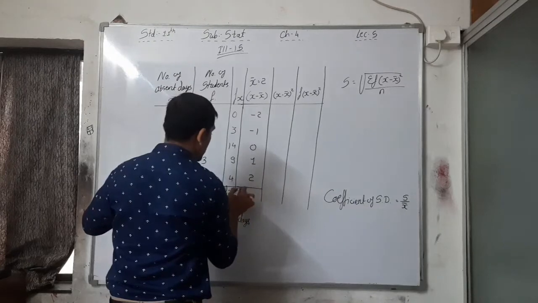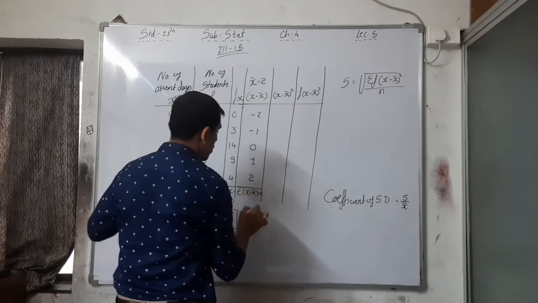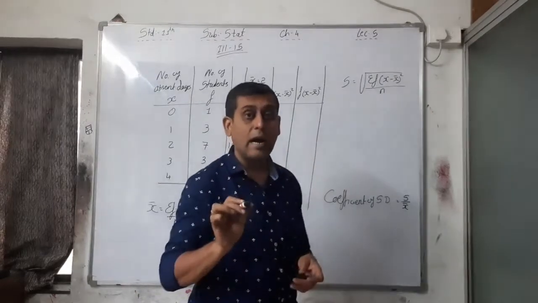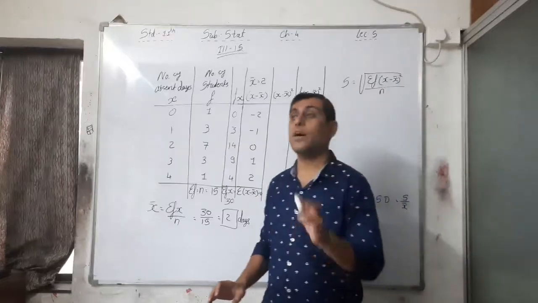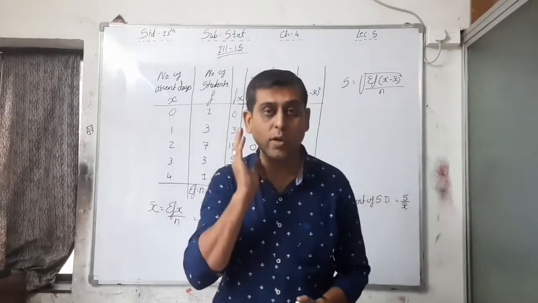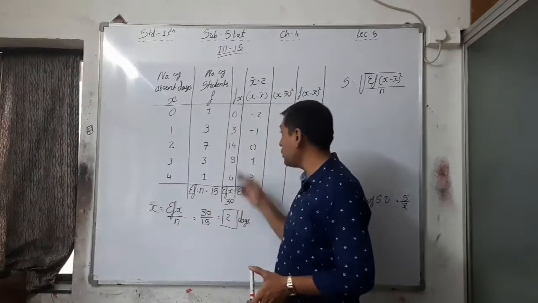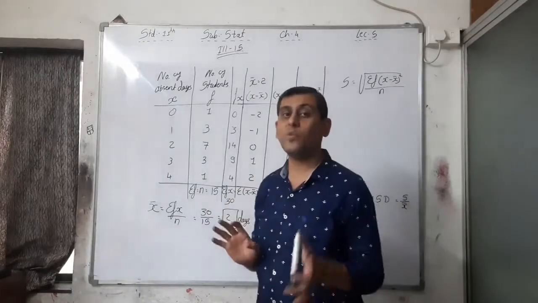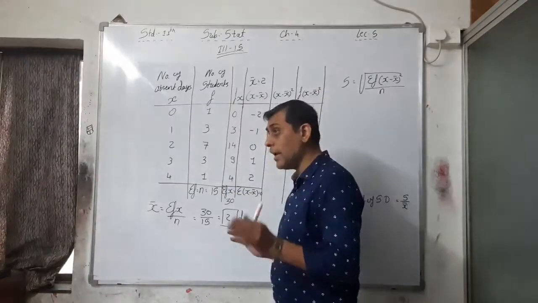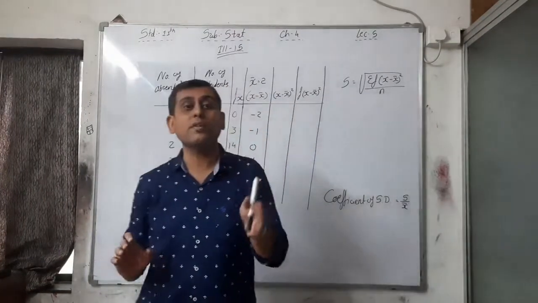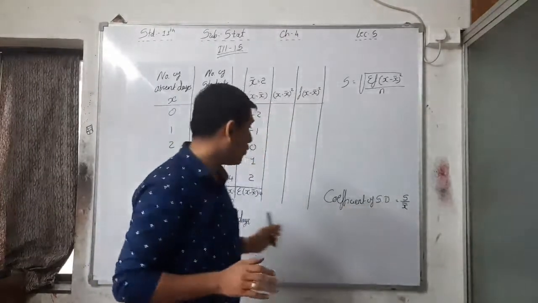And always sigma (x minus x bar) is equal to 0 when x bar is an integer. Always, sigma (x minus x bar) is equal to 0, because whenever x bar is an integer, your total of x minus x bar is always 0. Okay, we will do that in a special result or extra result. All right. Okay, so we did that.